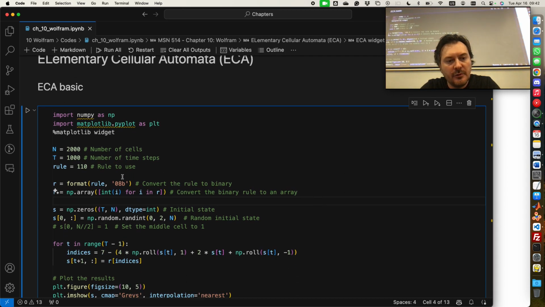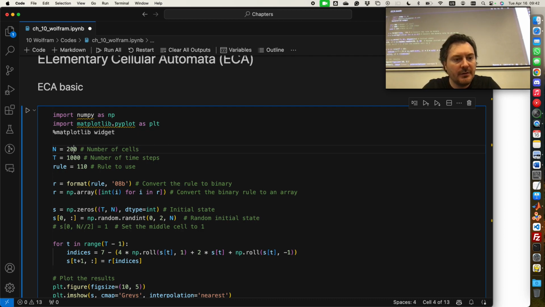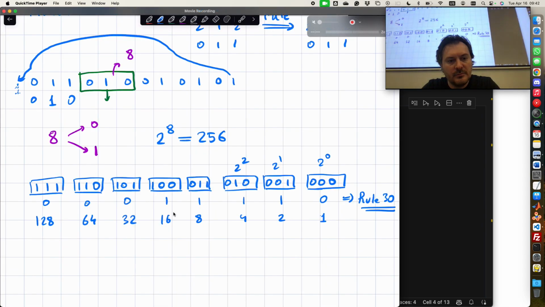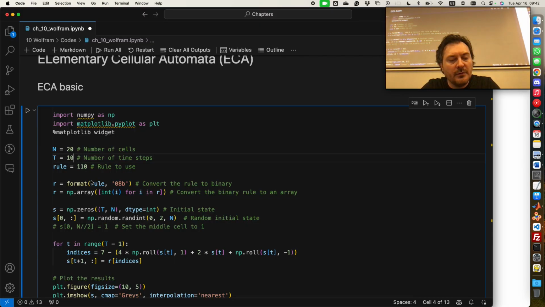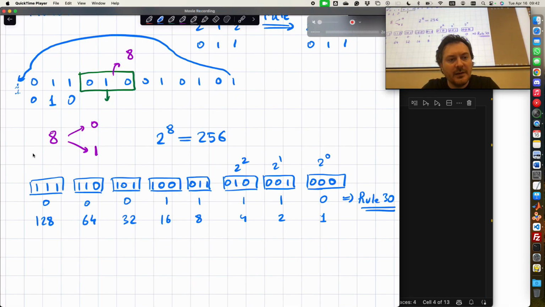So let's look at this program. What this program is doing, it starts with some number of cells. Let's start nice and easy with 20 cells. And we are going to run for 10 time steps. So 20 here, 10 here. Okay? So this is space, this is time.